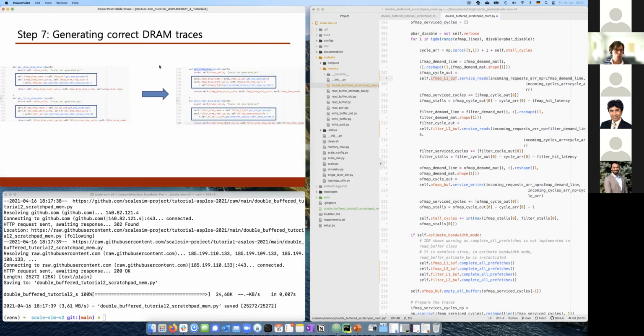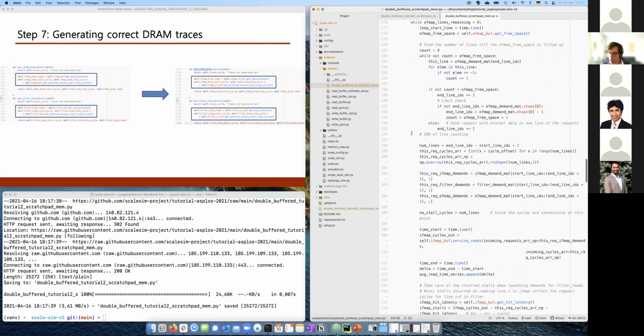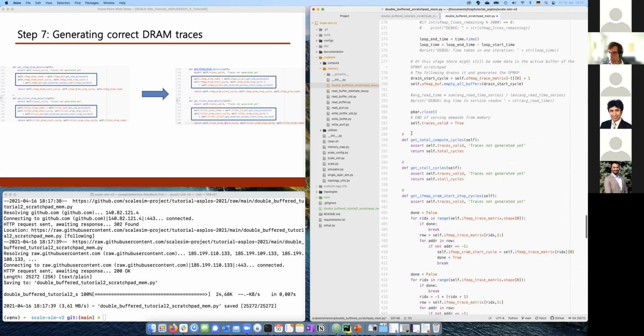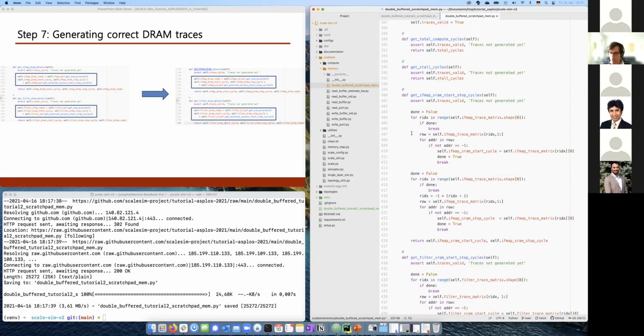So step 7, you want to generate correct DRAM traces. So the DRAM traces, they are connecting to the level 2 because this is like your last point in your system. So what you can see here is that you now don't connect to the buffer, but to this level 2 buffer. So let's find the function real quick, which is